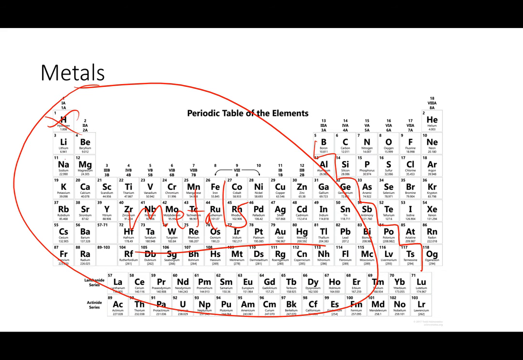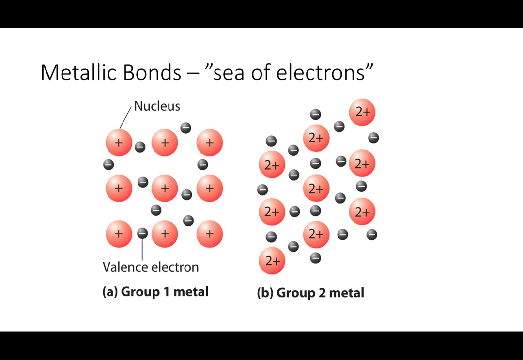Let's take, for example, sodium, or you know what, better yet, let's take lithium. Lithium, if I were to draw the Bohr diagram, has two electrons on its first shell, and then one valence electron on its outer shell. And so what happens is this one valence electron is right here. And if it